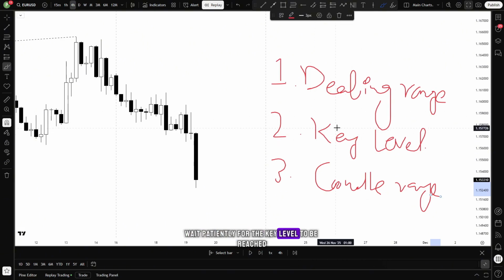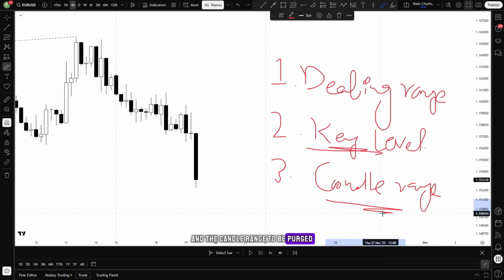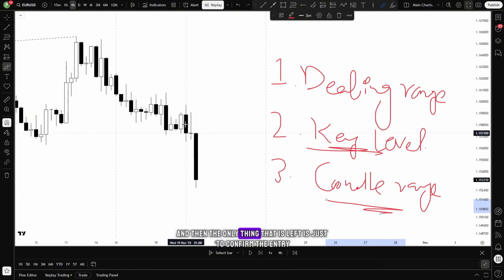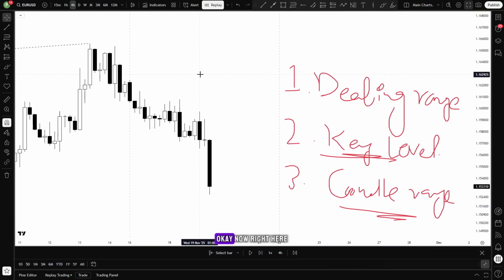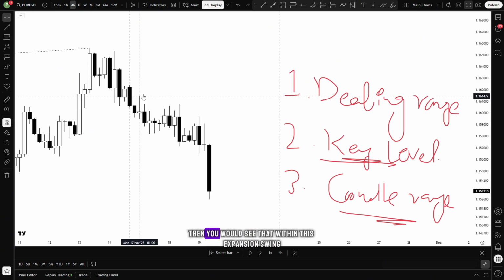Wait patiently for the key level to be reached and the candle range to be purged. Both of these must occur at a key time. And then the only thing left is to confirm the entry on the 15-minute time frame. Now right here, if we look at this price action, then you would see that within this